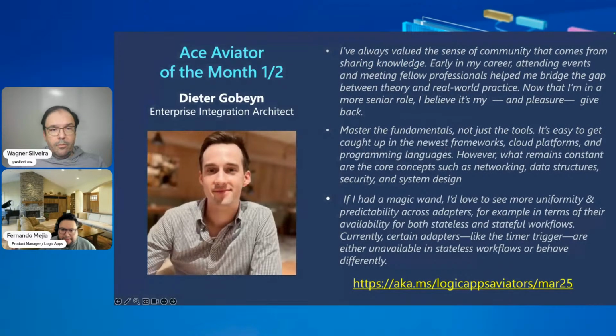Now we have not one but two Ace Aviators to highlight. The first one is Dieter, an enterprise integration architect in Europe. If I'm not wrong, he's based in London. Dieter has been doing a lot of good work, putting out really in-depth articles around integration. When we asked him why he's interested in doing that, he talked about how he really values the sense of community in the integration community, being able to connect with eventers and people early in their career, which helped him bridge the gap on knowledge that he needed. And today, because he's now in a more senior role, he wants us to